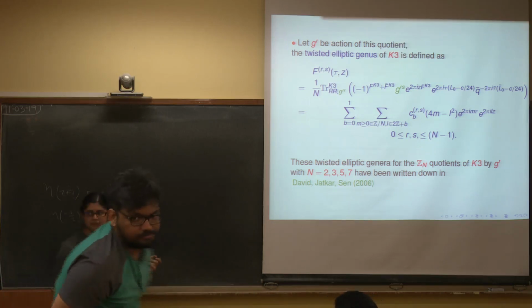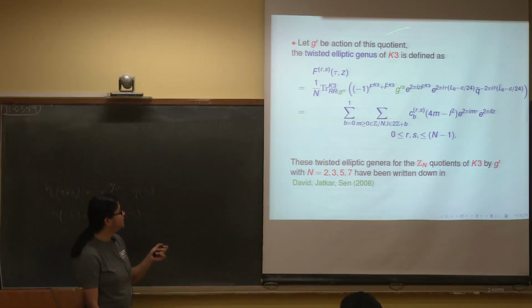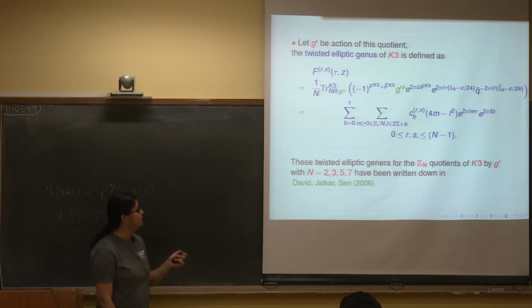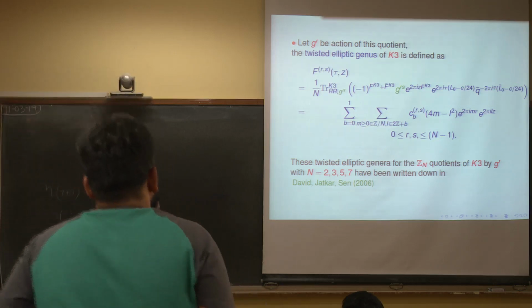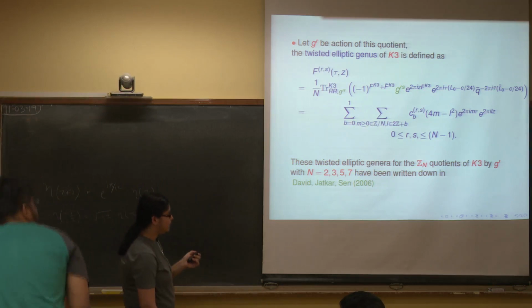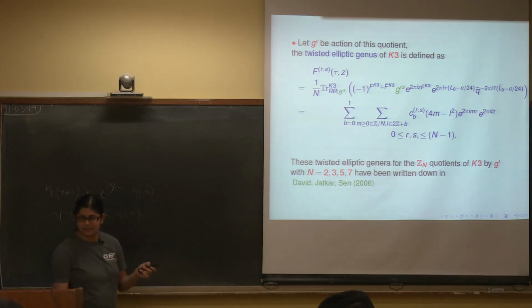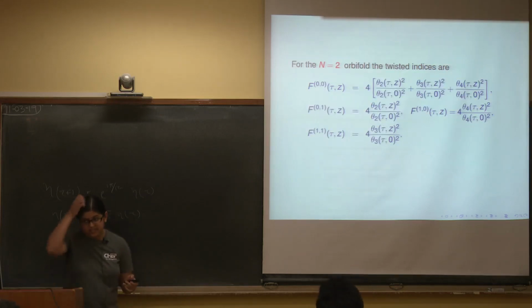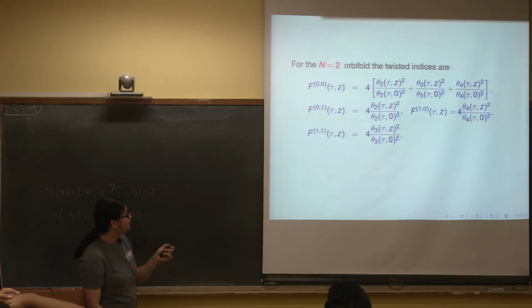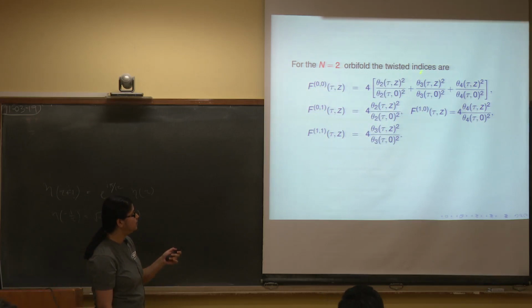So, if you have a G prime action of this quotient, then you can do the quotienting of this K3 in terms of this G prime action, and you can still write the twisted elliptic genus in a Fourier expansion way. And for up to Z, this result was actually done by Ashok, Justin, and Dilip Chattopadhyaya. For n equals 2 orbifold of K3, F00, F01, F11, F10 can be computed in terms of these Jacobi theta functions,